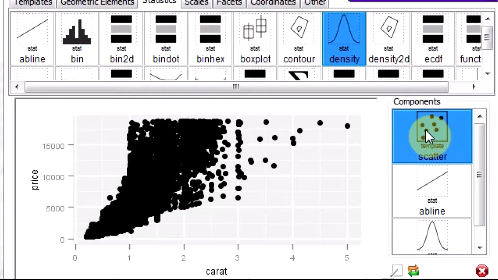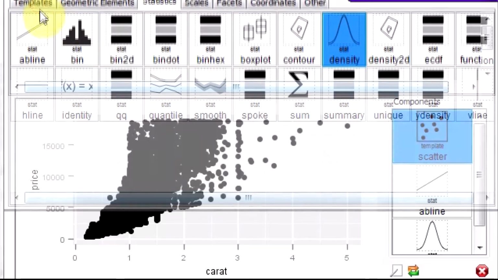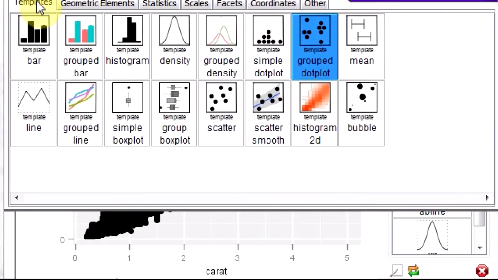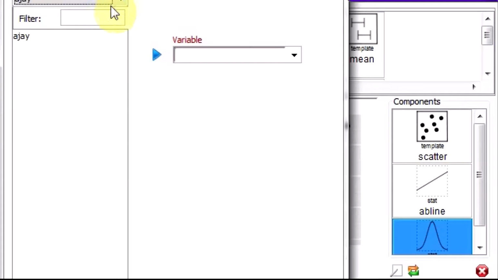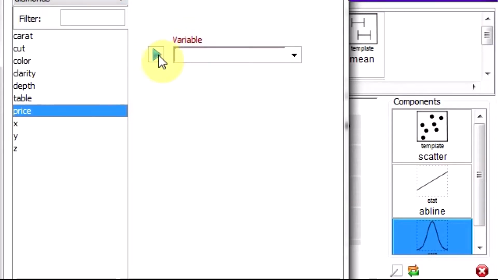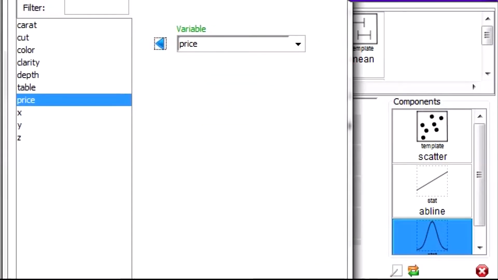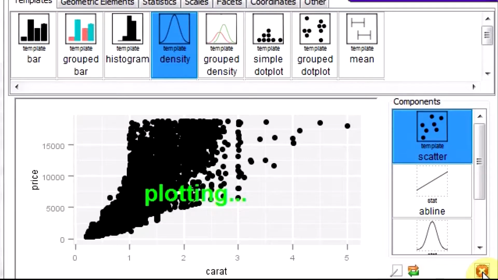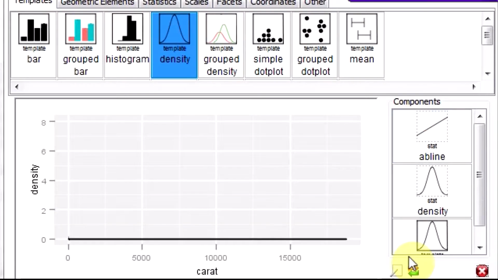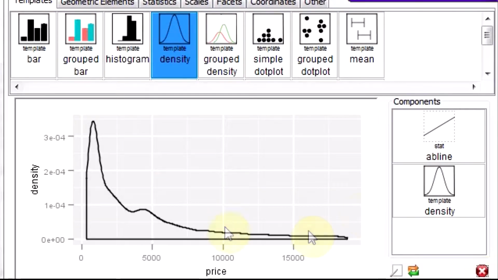Or you can change the type of graph to just a density graph and look at diamonds, look at price, remove this, yeah, and you can see the price value here.